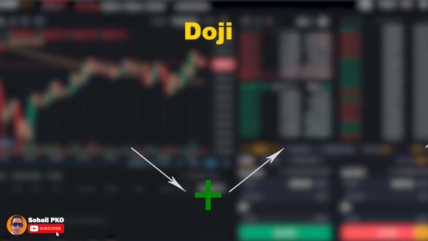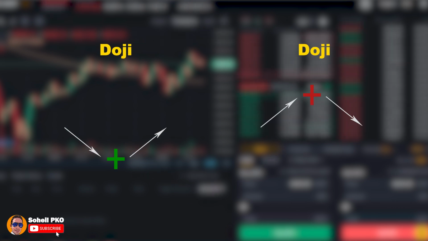Or when it forms in the bottom following a decline or near a support level, it shows that sellers are weakening. As I said, the previous candle is also important in interpretation of a doji. For example, a doji after a long candle is more significant than being after a short candle. So when you have a bullish signal or bearish signal from your trading strategy and a doji forms on the chart in a way that supports your signal, this can further confirm that the price is possibly gonna go in